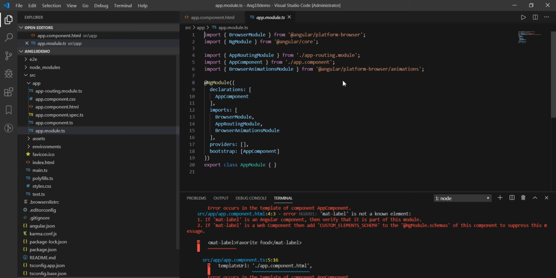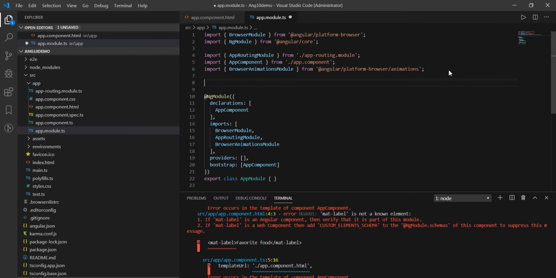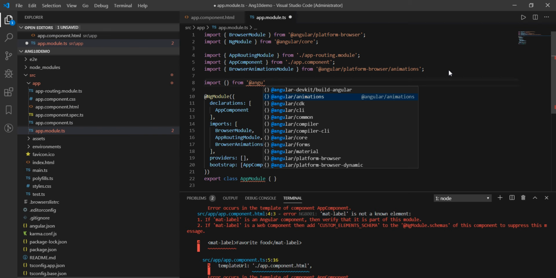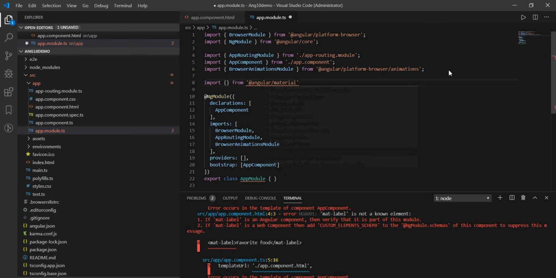Yeah, here we need to import that MatInputModule from material slash input.